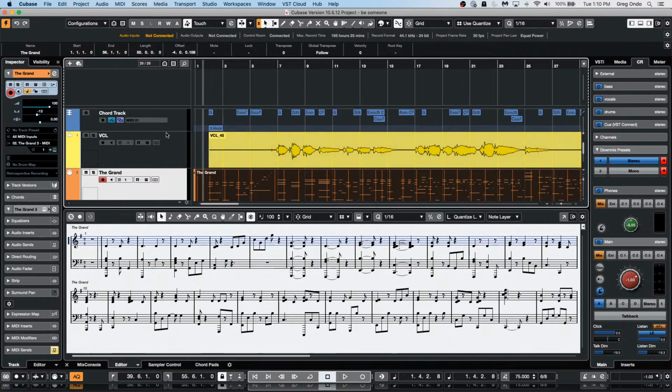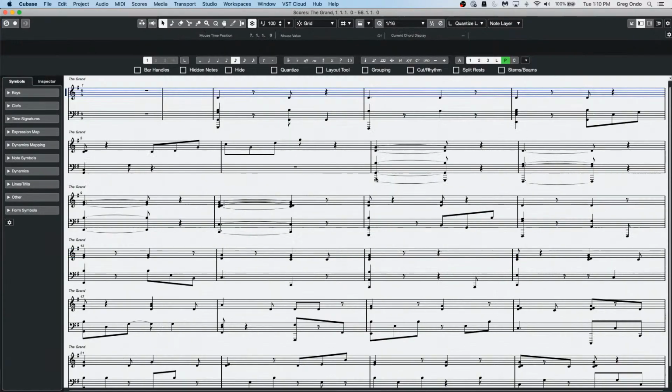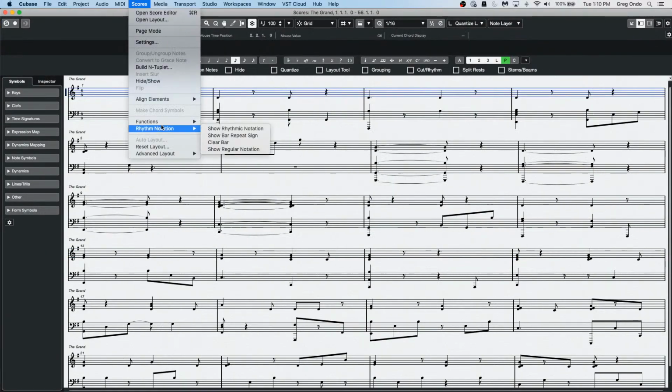As we work with this, this will also give us our key. So this automatically determines the key of our particular song. If I wanted to look at my score editor, I could also do a quick lead sheet,